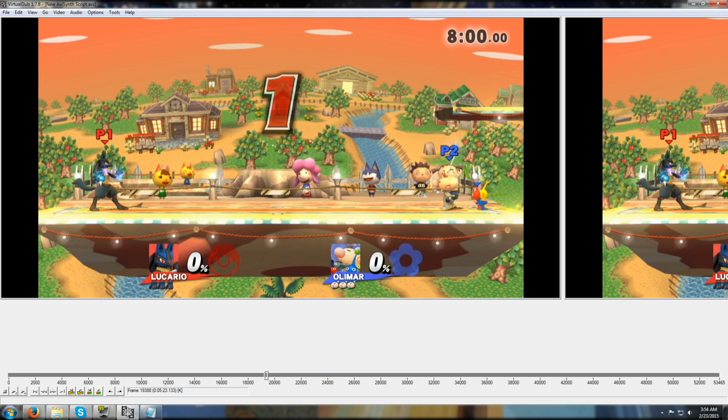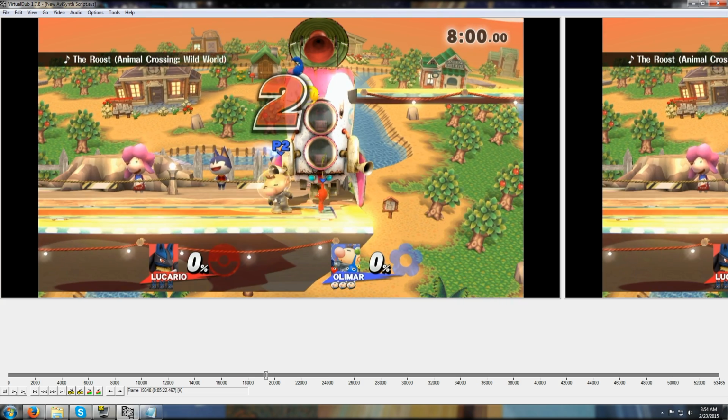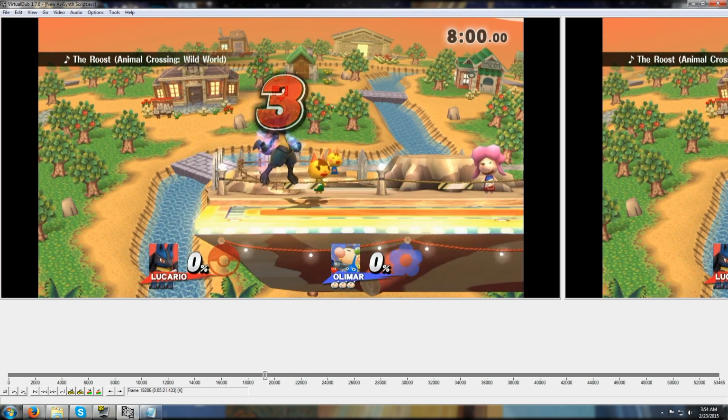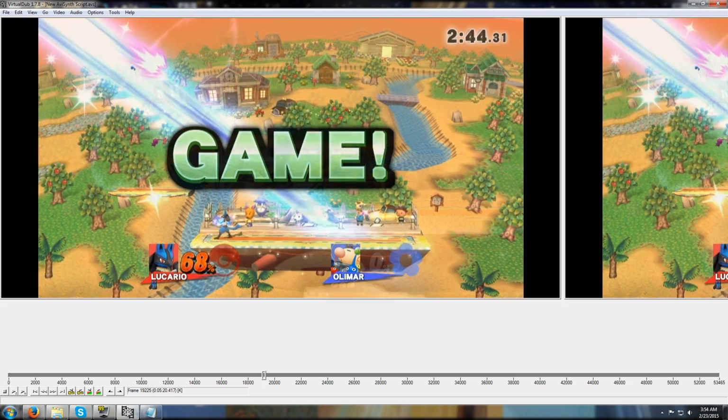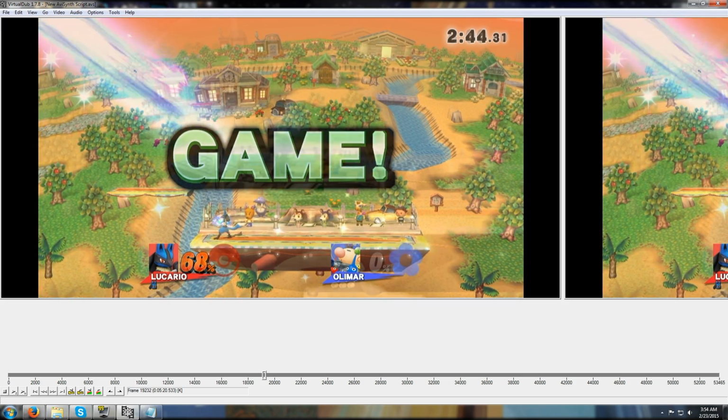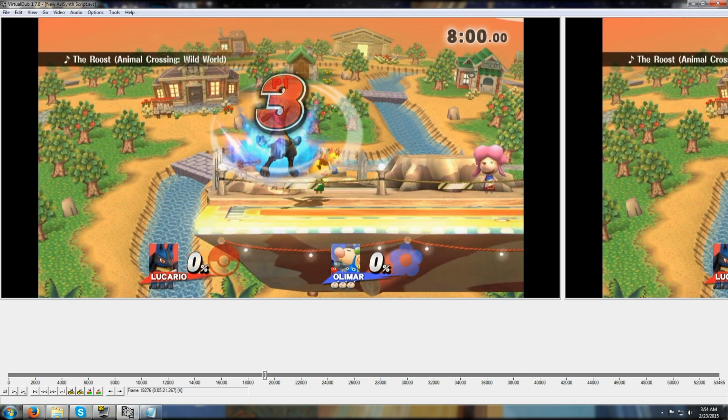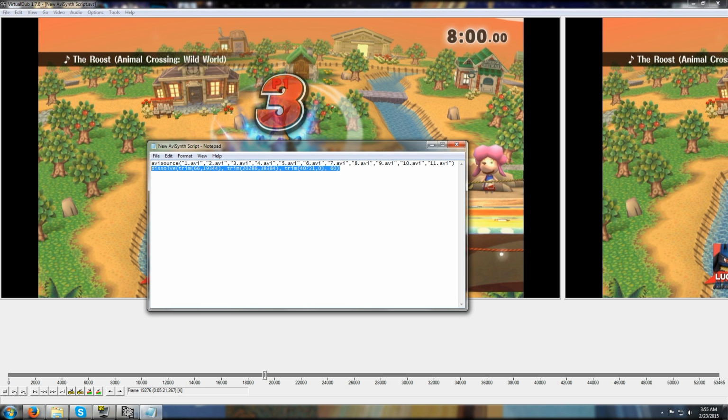Alright, so you'll notice that it goes straight from the first match to the second through a dissolve. See how it just kind of fades from one into the other? That's all that, that is the power of this one line right here. That's all that does. So if I were to take this number and change it to something ridiculous, say 6,000,